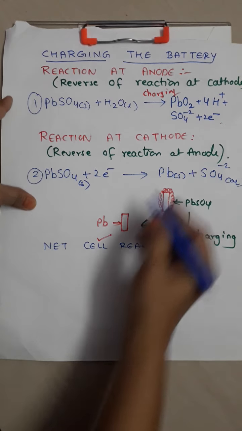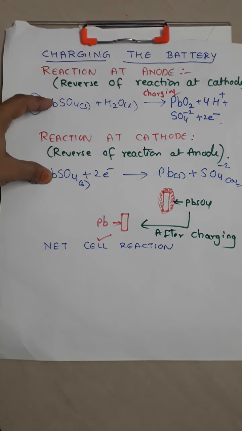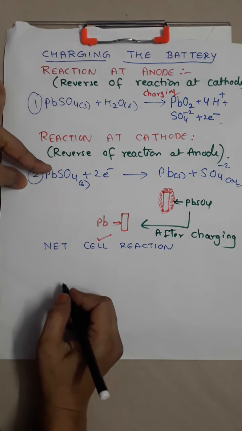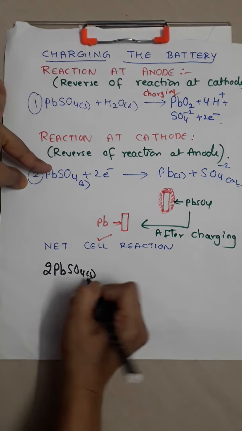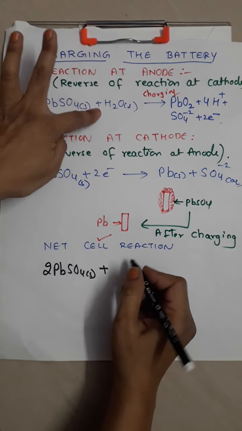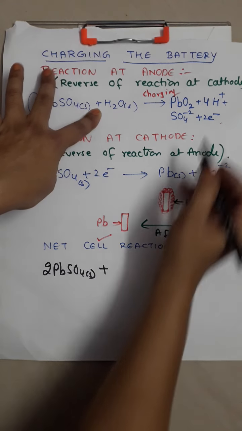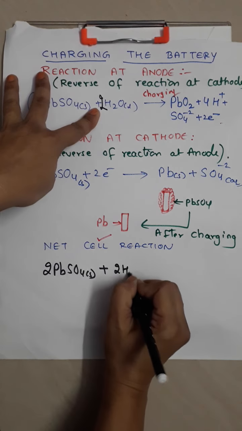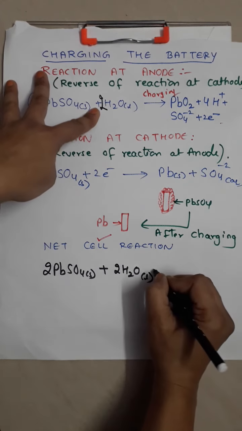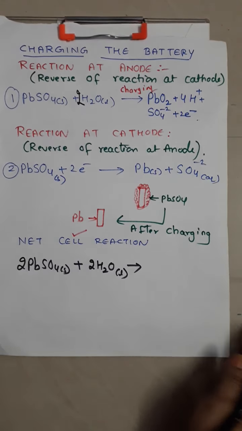Electrons will get cancelled. So we'll write 2 PbSO4 solid plus we are having water. It is 4H plus, so I'll write here 2 H2O liquid, and it is forming